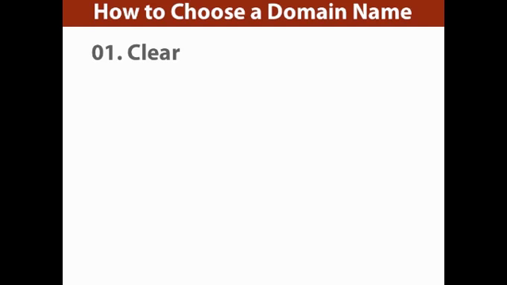All right, number 1, make sure that it's clear, that it really states what you're about, so that people aren't having to guess too much what it is they're going to. Now, certainly a name like Google a few years ago had no context and no meaning at all, and now obviously we know what it is. But when you're trying to sell something, it's a little bit better to have a very clearly stated name so that people don't have to guess and they do not feel like they're taking a risk.